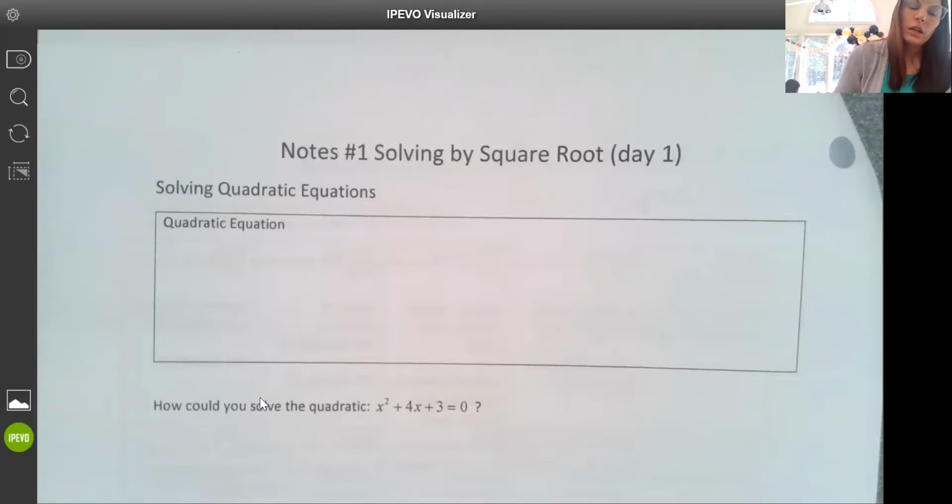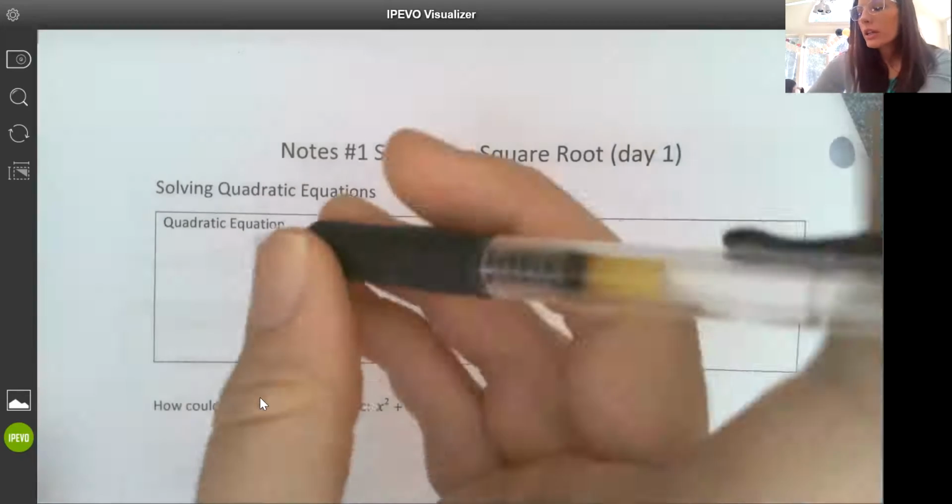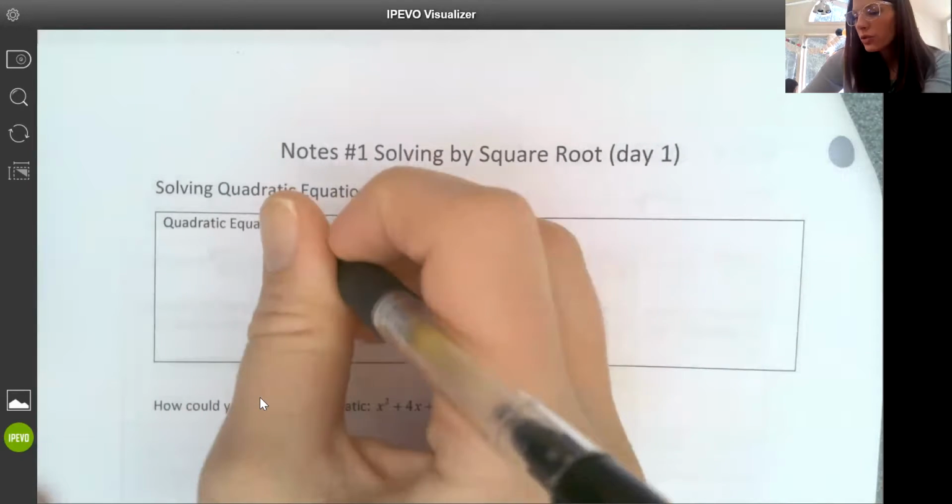Today we're going to be learning our first lesson with quadratics, but what it's going to teach us is a new way that we can solve a quadratic equation. So a quadratic really means that we have a degree